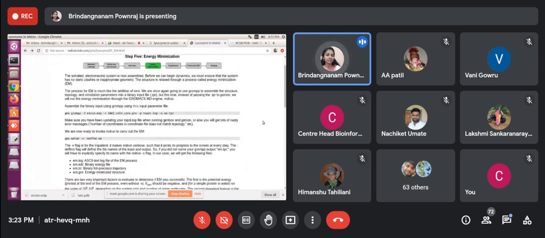So copy and create it as minim.mdp, and then run the next command. In this command, I'm giving that MDP file as input and also the coordinate file, whatever file we got before, that's the solvated as well as ions added file, then the topology file, and again I'm giving the energy minimized TPR file as output, em.tpr.